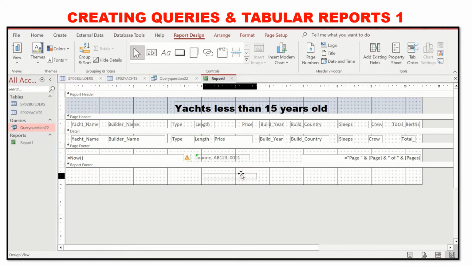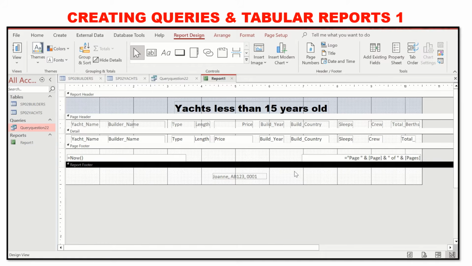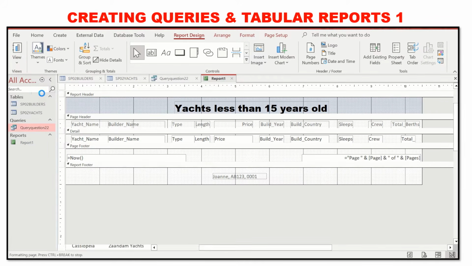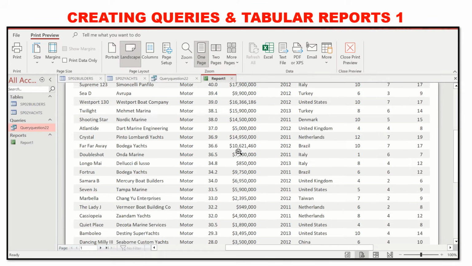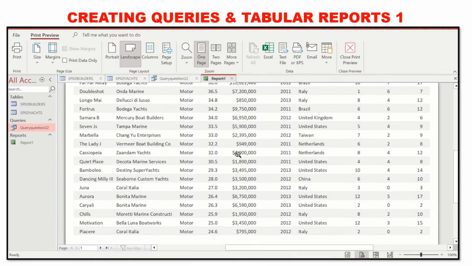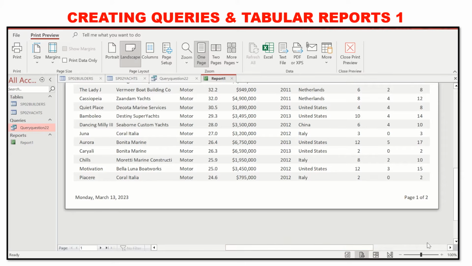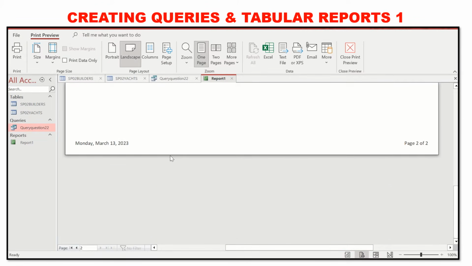Then put it in the report footer. Then we'll see the print view. It's going to 2 pages,